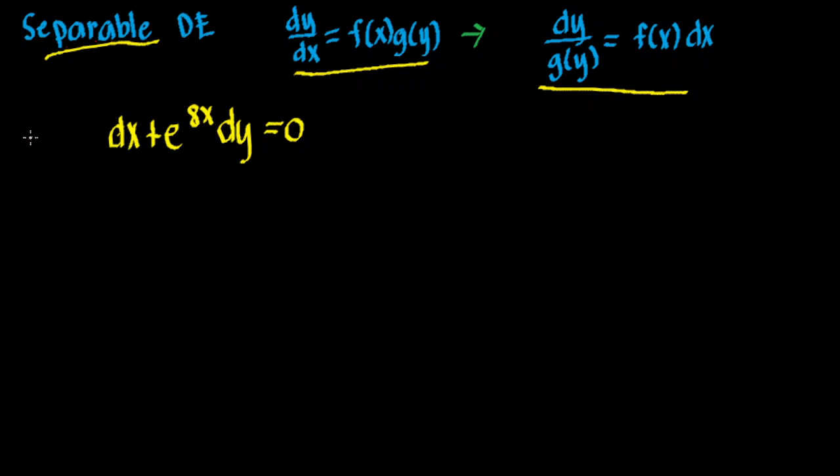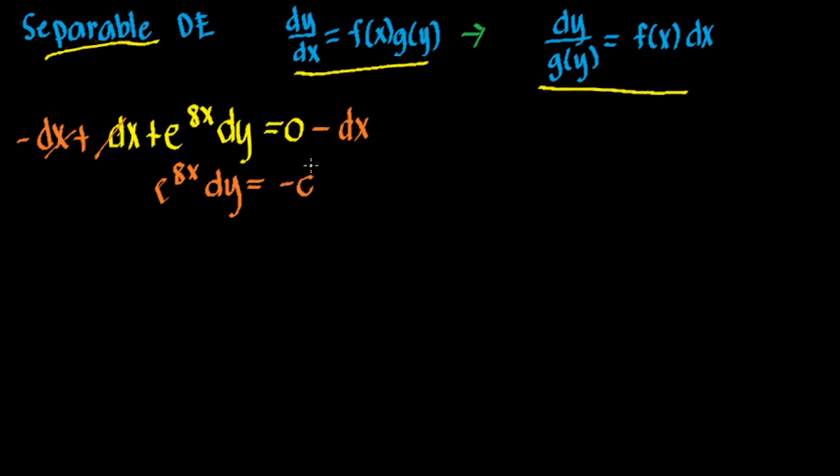Say, let's subtract dx from both sides of the equation so that we'll have our dx on the right hand side, and we can cancel this, and we're left with e to the 8x dy is equal to